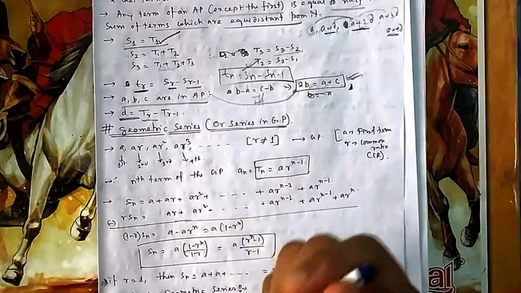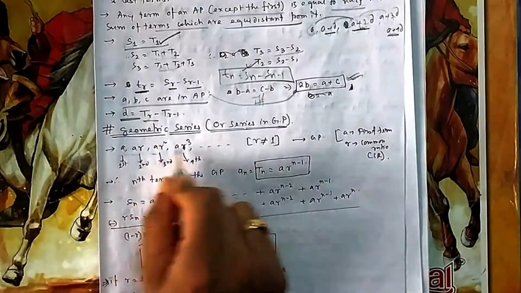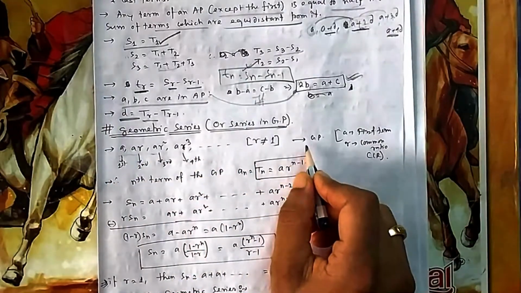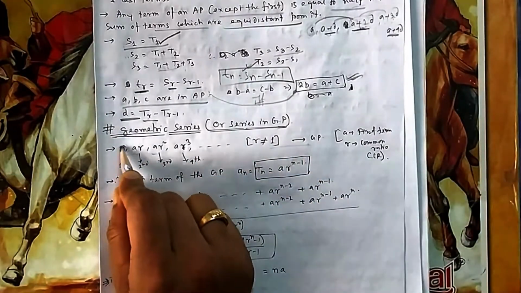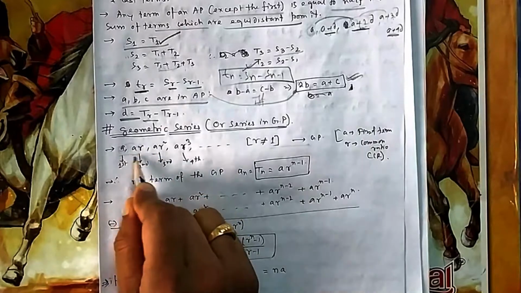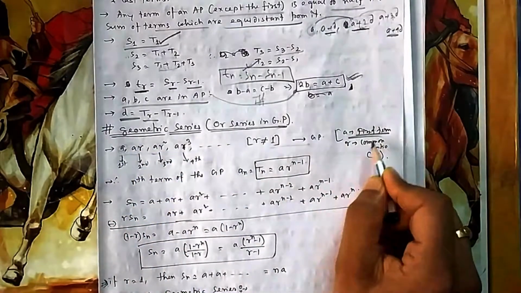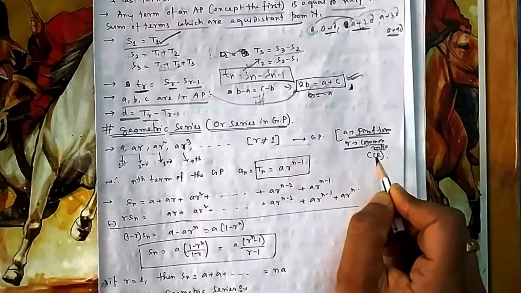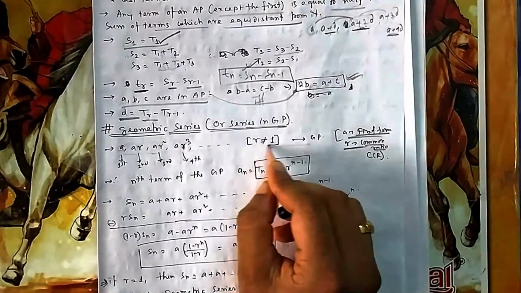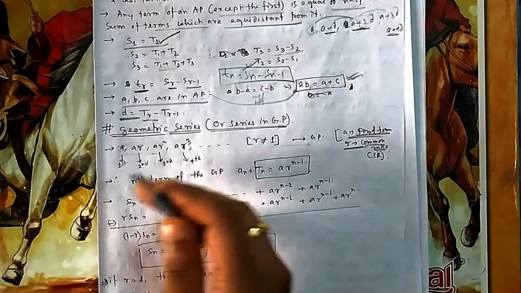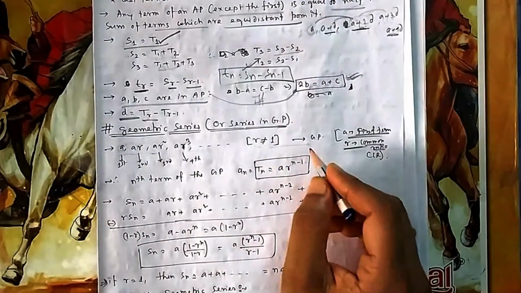You can say it is of GP also. If I write a comma, that means I am writing GP only. So this is forming a GP whose first term is A, and every term you are multiplying by R, into R, into R, into R, so the R power gets increased. First term A, and this R is known as the common ratio, CR in short. R should not be 1. If R is 1, then we will deal with it separately.